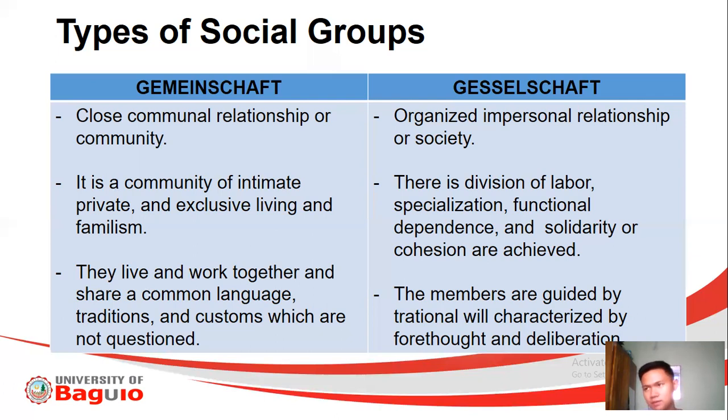Kasi nga, what is the main purpose of that? Remember, we are not relatives. We did not come from a certain province na magkakapares ang tradition natin. But rather, it is part of our job siguro. It is part of our job to stay here in Baguio City kasi nga, of course, may trabaho tayo sa Baguio and then we live in the province. Hindi naman pwede na araw-araw bumibiyahe tayo from our province going here in Baguio. So therefore, ang kailangan natin, we need to look for our own boarding house. So kailangan natin tong boarding house for us to live, for us to attend with our jobs, di ba?